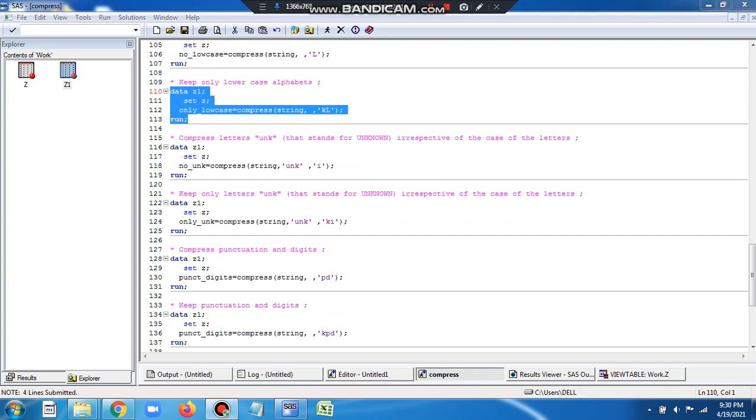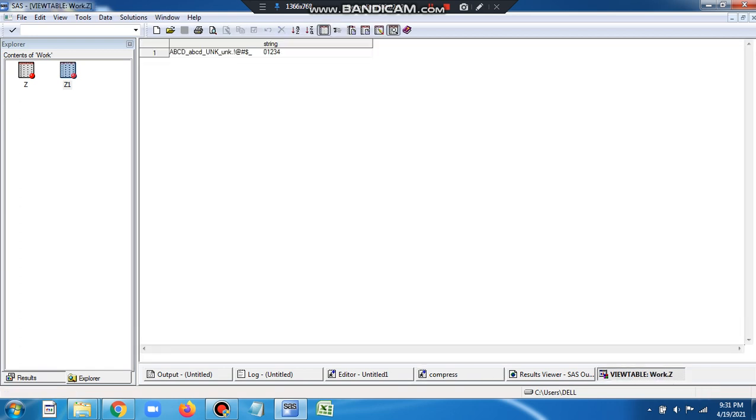We can also use the modifier called I. When we use modifier I as a third argument, it will ignore the case of the letters. Here we have U, N, K, and we want to suppress U, N, K wherever it is, whether it is uppercase or lowercase. In the string you can see we have uppercase U, N, K and also lowercase u, n, k. And let's say we want to remove only U, N, K irrespective of the case of the letters.